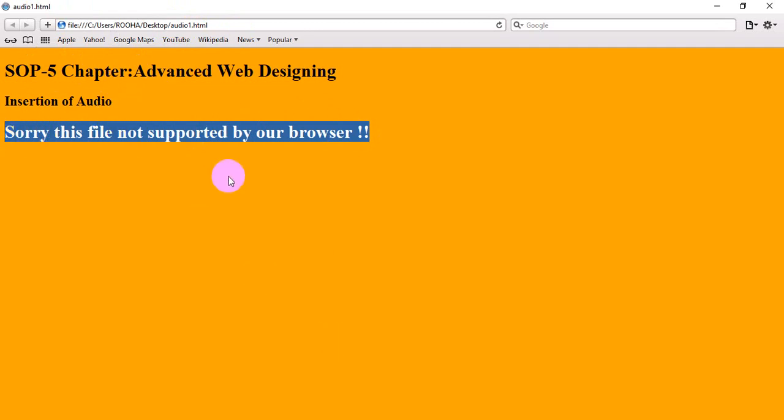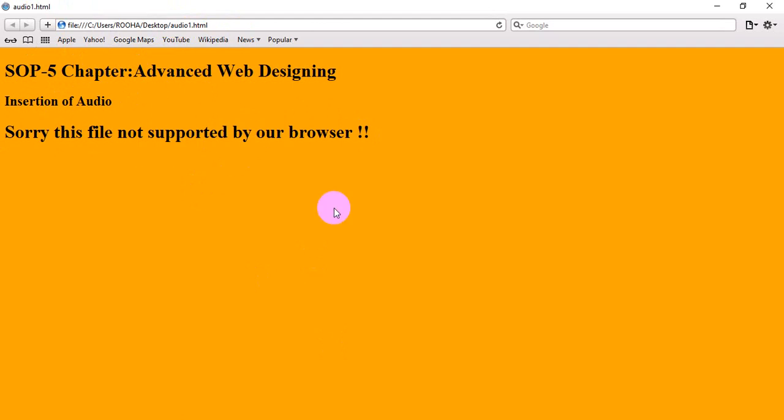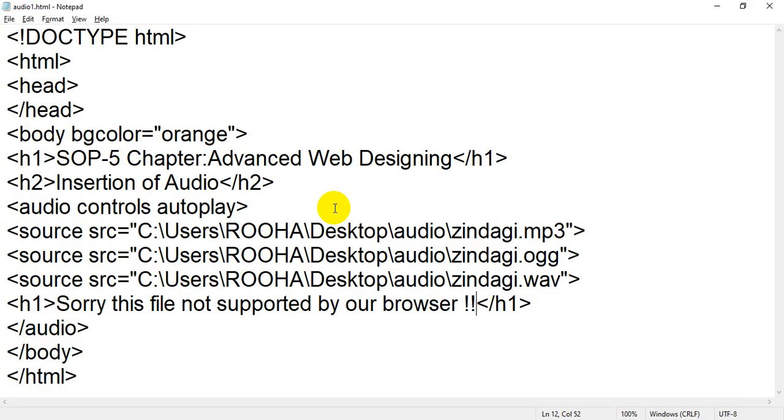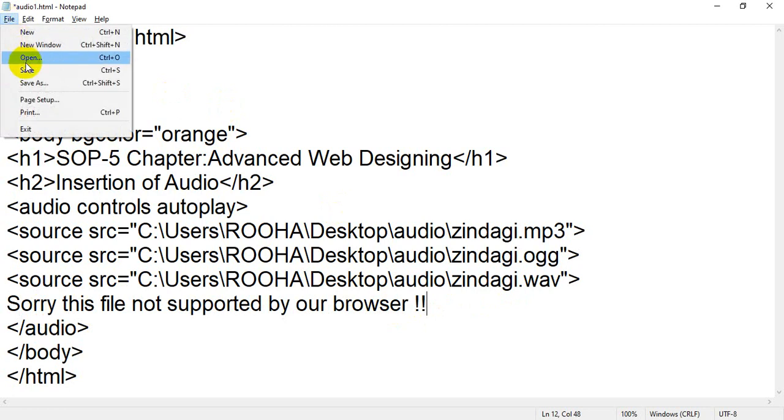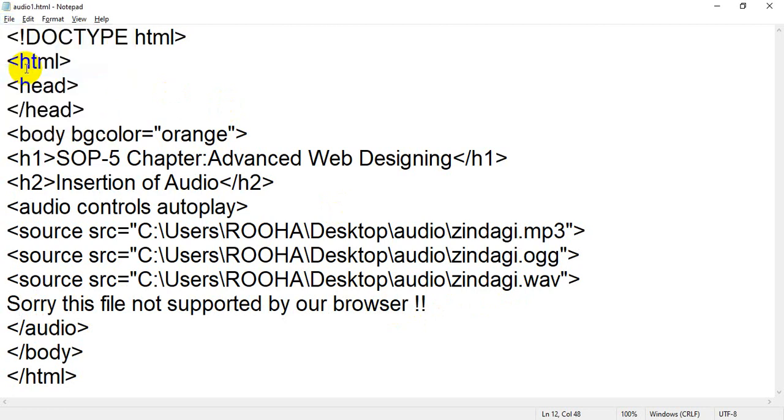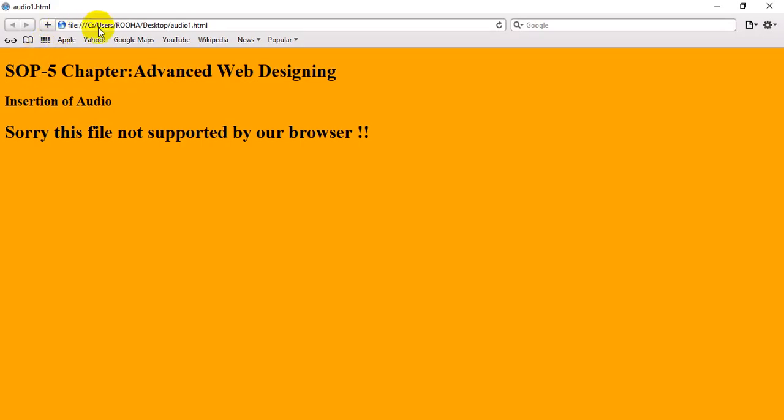Right now I have added it by using an HTML tag. You can also directly put the message without any HTML tag. So I just want to remove the HTML tag, so you will get this message in normal text. F5. Now you are getting the same message in normal text: sorry, this file is not supported.